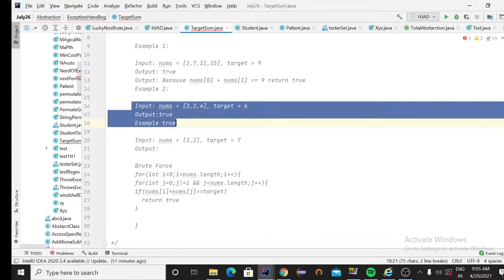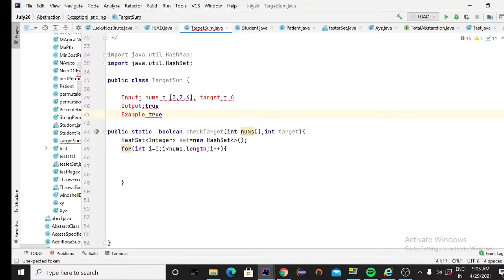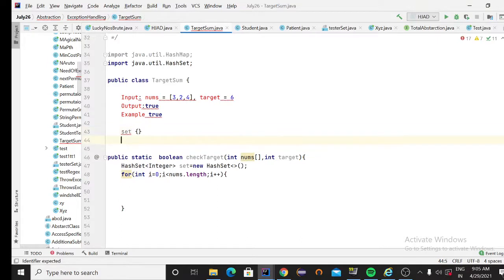Our approach is to iterate over all the nums elements one by one. With target 6, first we take 6 minus 3 and check whether our set contains it. Initially the set is empty. So we are checking whether the set contains 3, the remaining part.